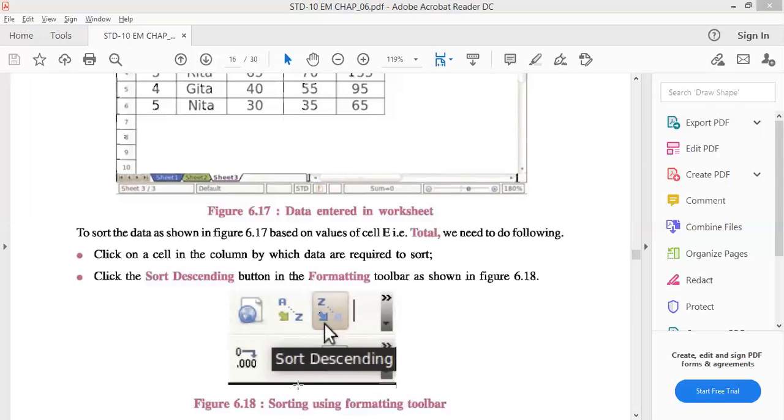Sorting and filtering. Filtering means the data which we want as per our requirement. Go again to the data menu, filter, auto filter. Now which data do you want to see? I want only City Light students. Only City Light will come. Again we will select all. When multiple data is here and you want to select only students from Surat, this is filtering. Filtering means the data which is required for us, we will take that data only. And sorting means data will be sorted ascending or descending. See, A to Z or Z to A. You want data in ascending order or descending order.